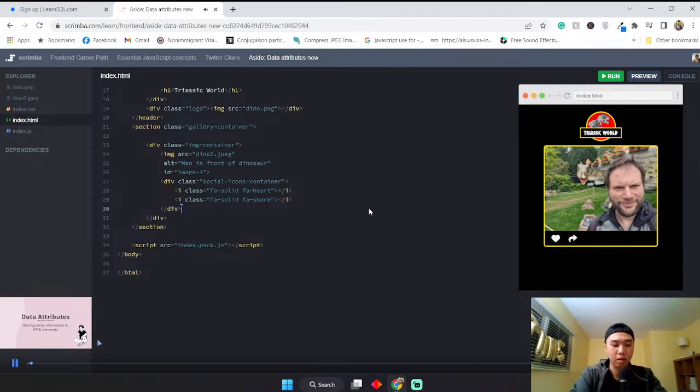Let's take a moment to talk about data attributes, which is a way of storing extra information in HTML elements. Back on my Triassic World site, I'm creating a gallery page, and I've got an image of a model standing in front of a dinosaur, and we had to pay thousands to get this model. Now, this is the only image I've got at the moment, but later there will be hundreds. And each image is going to have a like icon and a share icon. Now, if a user clicks on this share icon, I need a way of knowing that this icon is related